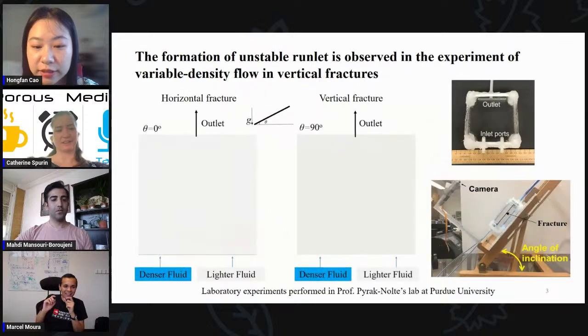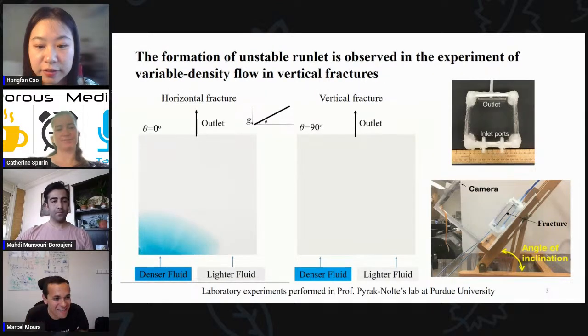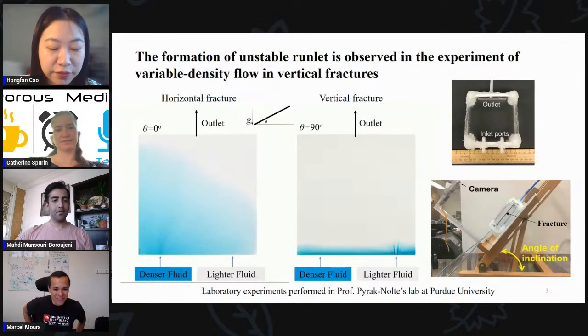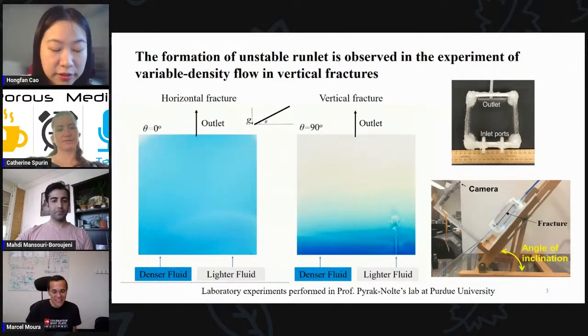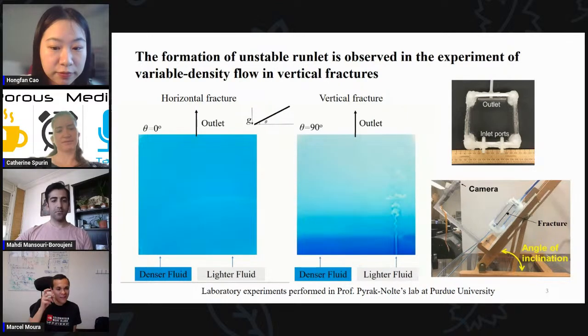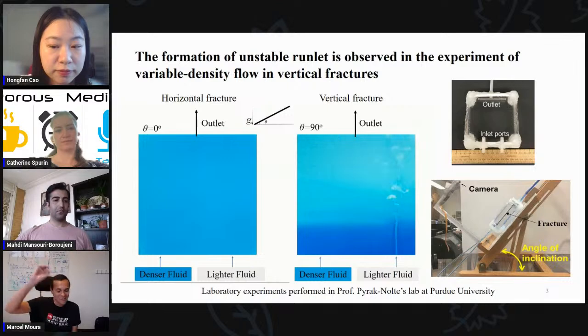Mark, do you have a question? Can I ask a question? So Hongfan, that's super interesting. I was wondering this. The case on the right here, this image, looks a lot like the wake of a candle. When we blow a candle and the smoke goes up, before it becomes completely turbulent, there is this little region that is a bit linear, and then you have the oscillations that are probably caused by vortex shedding as well. Have you ever seen if there is any kind of comparison between these runlets and the dynamics of the candle smoke?